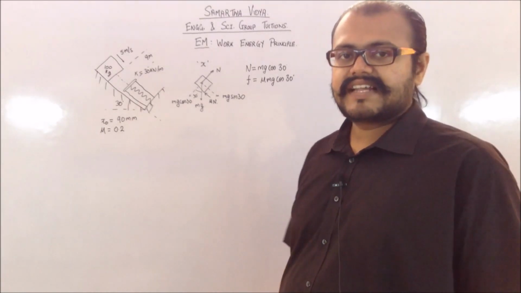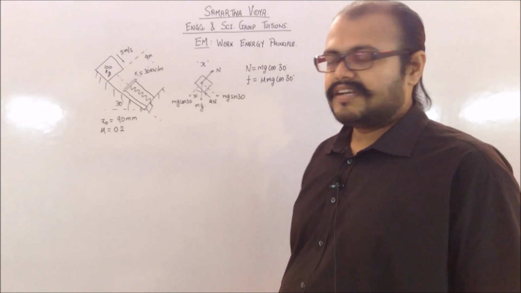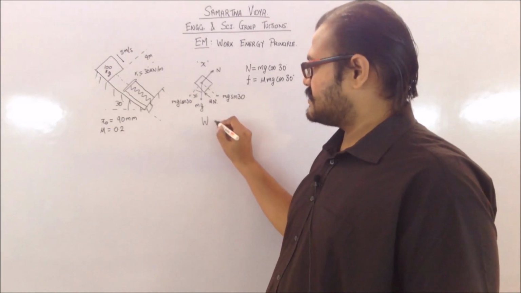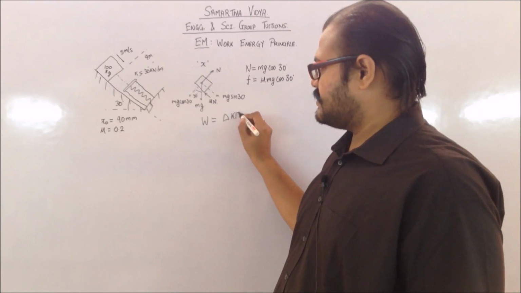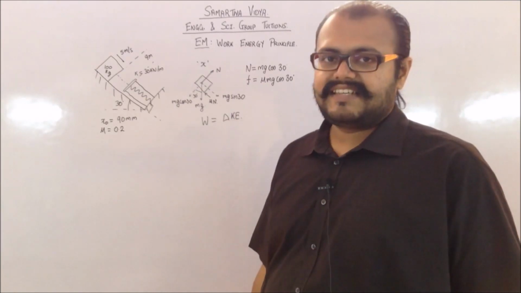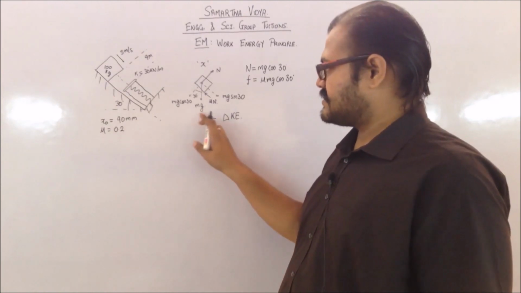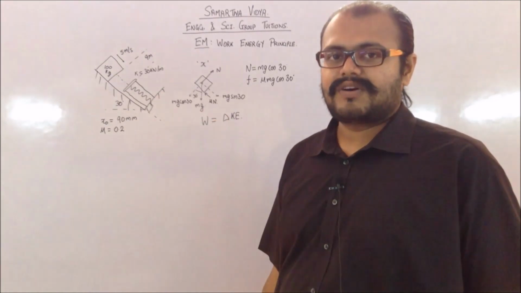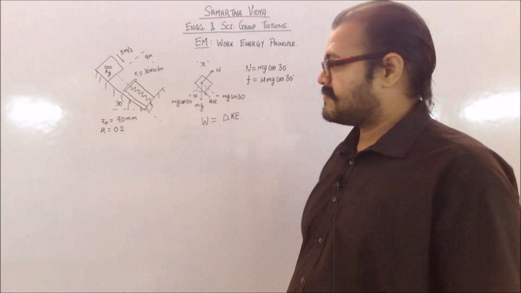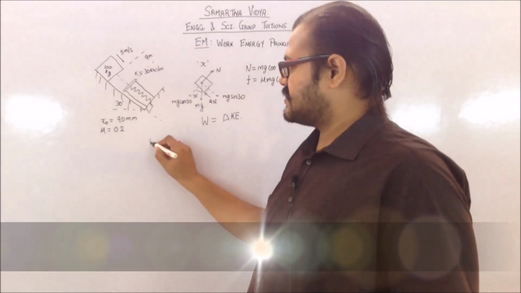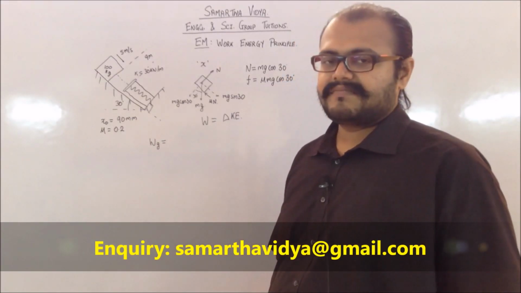So we have got our required forces. Now we have to work on our work energy principle. So we know that the work energy principle is given by W is equal to delta KE, which is basically the change in the kinetic energy. So let us first of all understand what are the different forces and their work done on this particular block. So the first work done which we will be analyzing is the work done because of gravity.